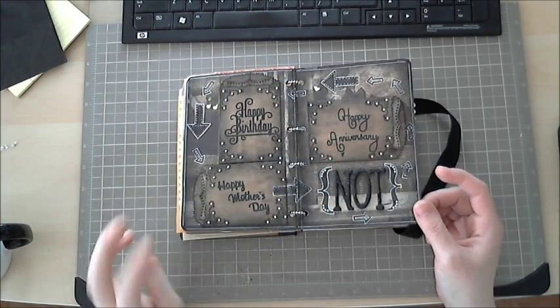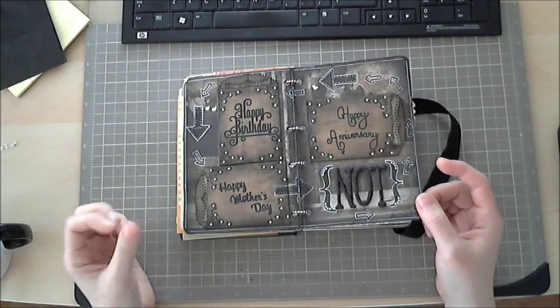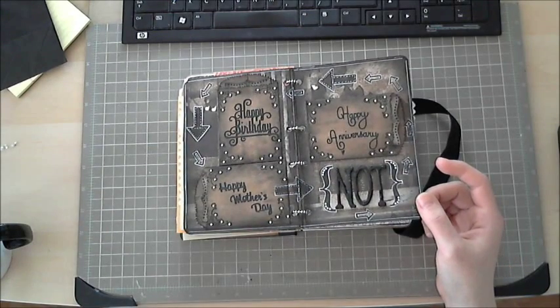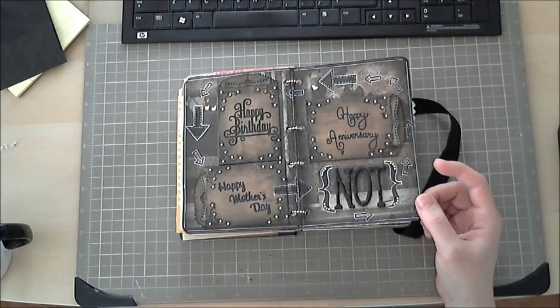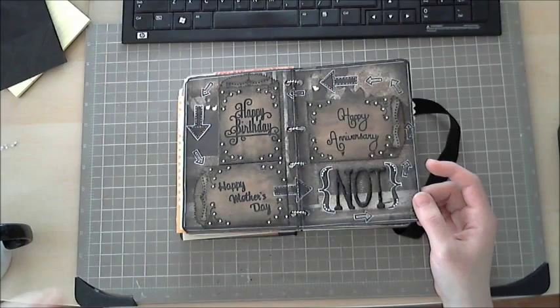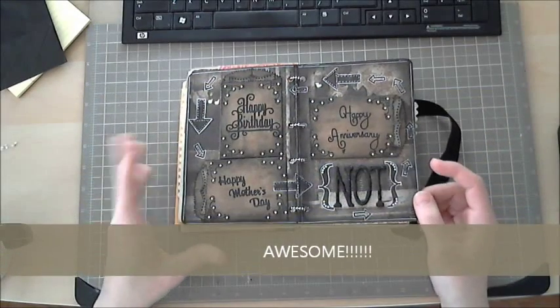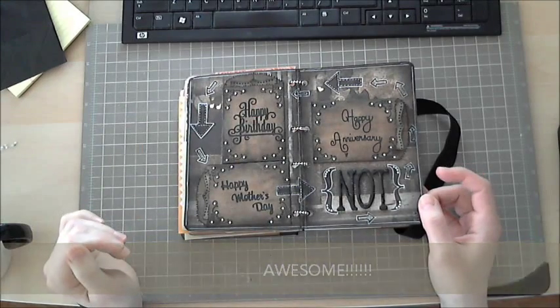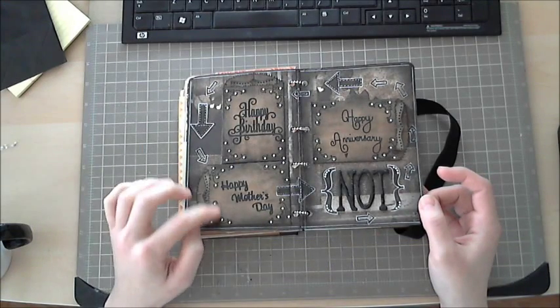Okay, side story, if you do not have a Silhouette, run right now over to Overstock.com and buy one. You will love it. It is the most amazing detailed machine I have ever seen. It's awesome, awesome, awesome. And I just can't say enough, really. Anyways, I cut the words out of black cardstock, and I glued them on